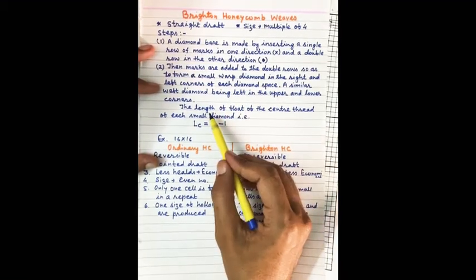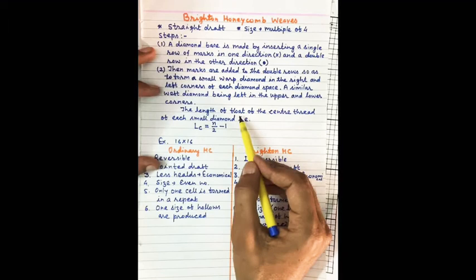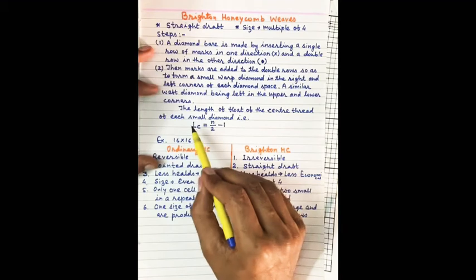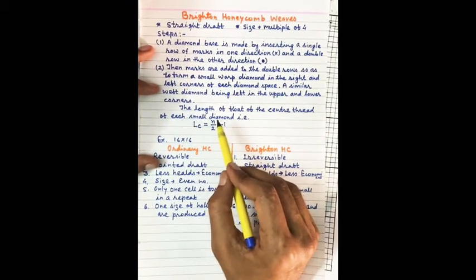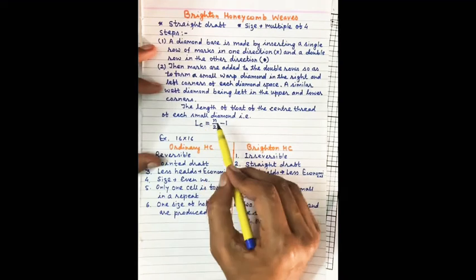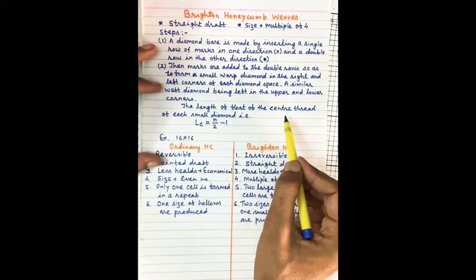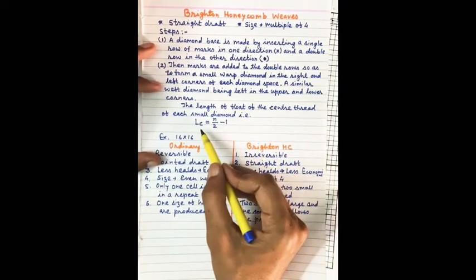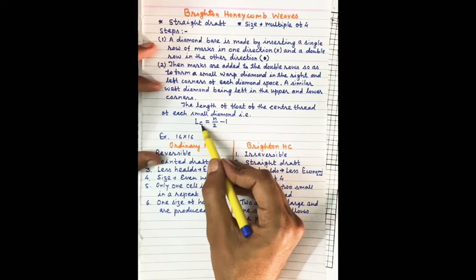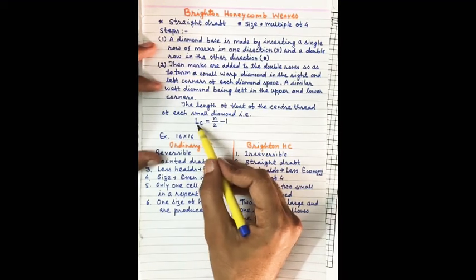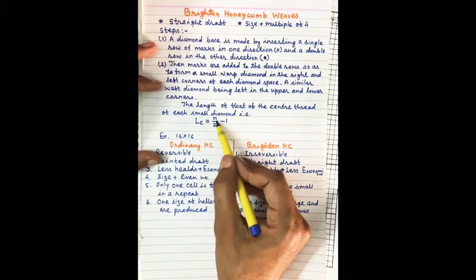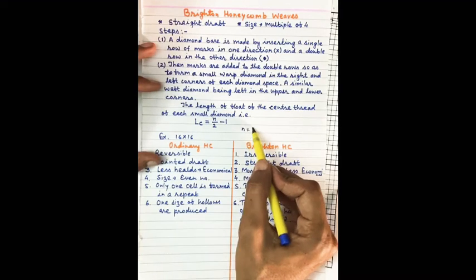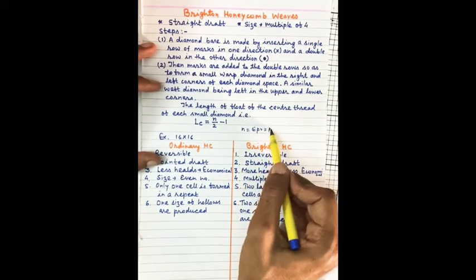In this, the most important thing is, first we calculate the length of the float of the center thread of the diamond. With the small diamond which we are producing in the diamond spaces, the center thread will have the maximum float length, and the float length of this center thread can be calculated by using this formula. This is length of center thread, C for center thread, L for length. So length of center thread can be calculated by taking n by 2 minus 1, where n is the size or EPR. N is the EPR or PPR.